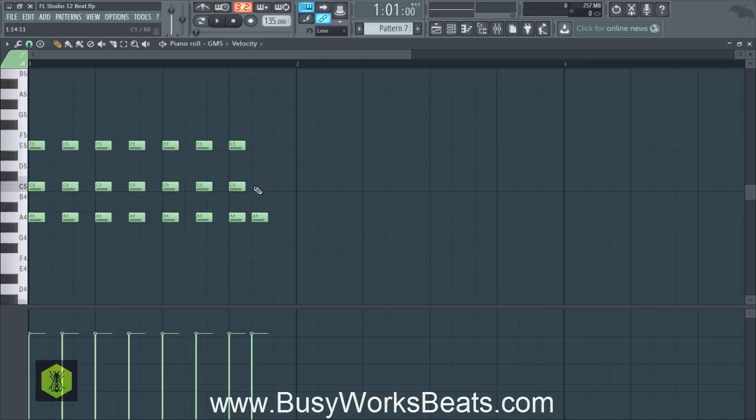We're going to left click in the notes A, C, and E, and then we're going to do that 3 times. Now what I want to do for this last chord is actually not play A, C, E, but I want to play D and F for these 2 higher notes. So I'm going to hit Control, left click and drag for the top 2 notes of this triplet chord section. We're going to left click and drag up to D and F. We're going to hit Control, left click and drag and pull this down.